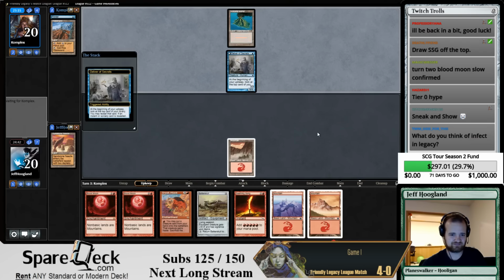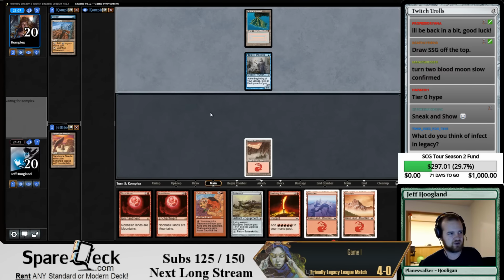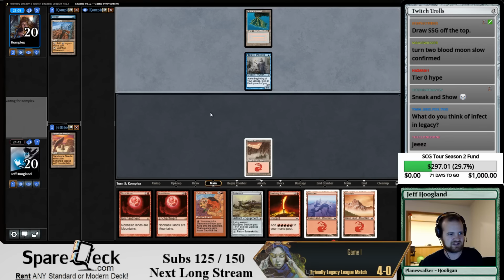I think of Infected in Legacy. It seems like a bad Delver deck, but I also don't play enough Legacy to really know the difference. From what I've seen, it seems like a Delver deck that has a combo inside of it for some reason. So